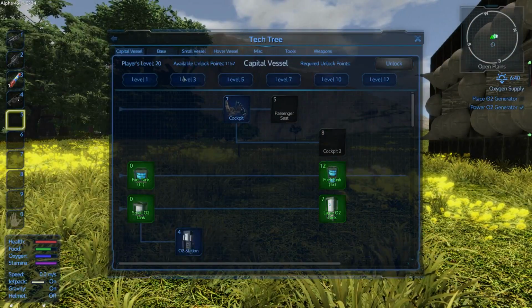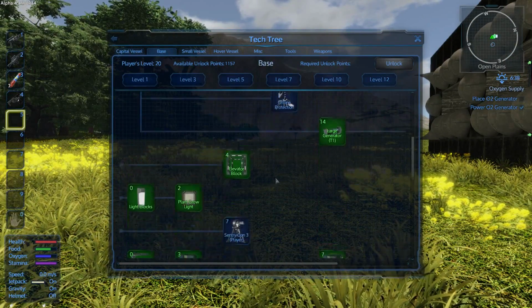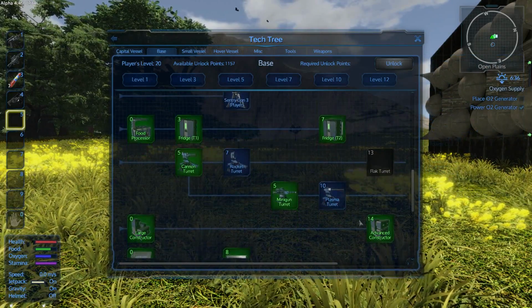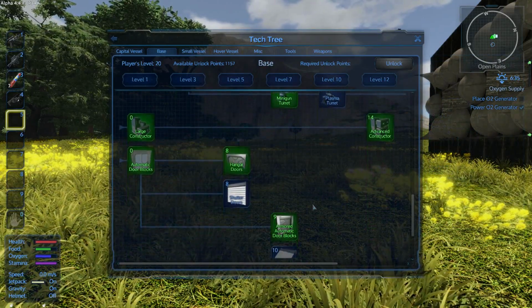Tech trees. I did a lot of the learning for the base stuff. Not all of it, but quite a bit of it. Tier 2 elevator block, the large generator, the fridge. Things like that I've learned, just up to the advanced constructor. We have one of those set up in here now. Hangar doors and just